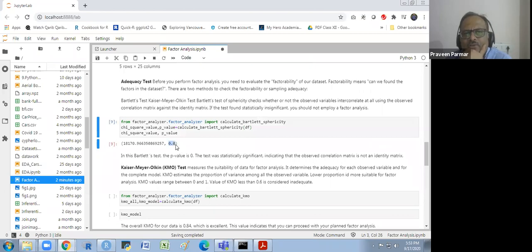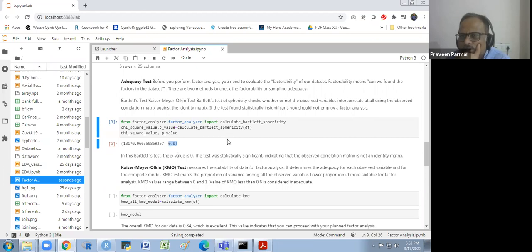My p-value is near 0. So in the Bartlett test, the p-value is 0. The test is statistically significant, indicating that the observed correlation matrix is not an identity matrix. So as I explained, if the test is statistically insignificant, you should not employ factor analysis. Now it is significant; it is less than 0.05.